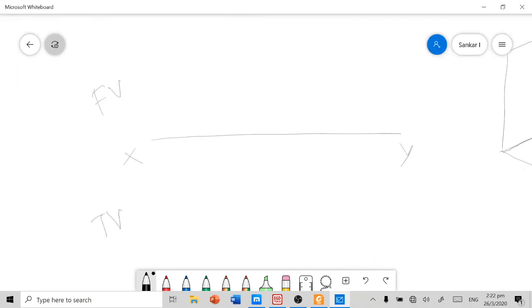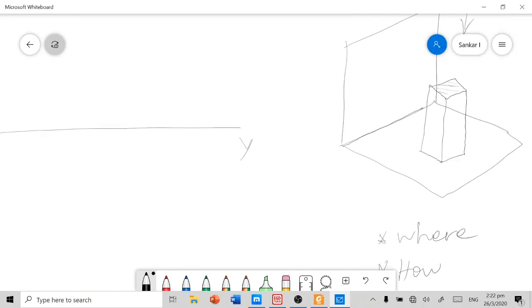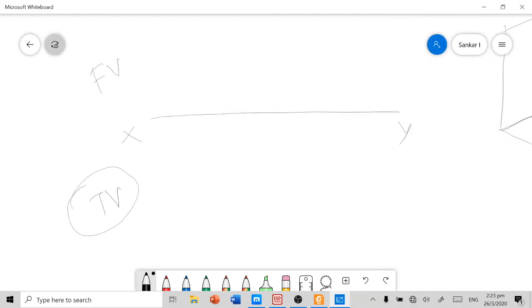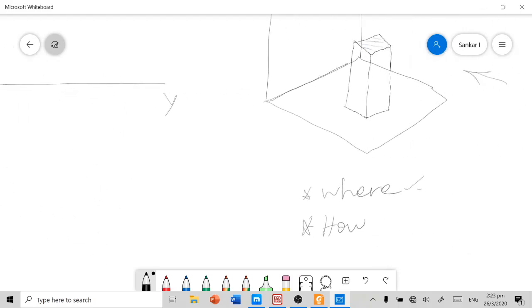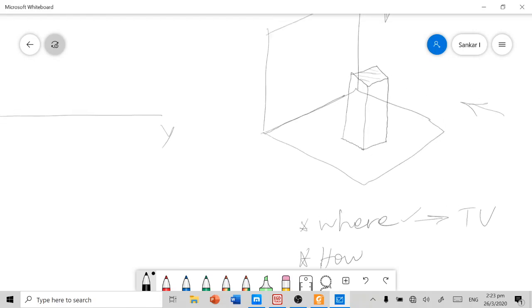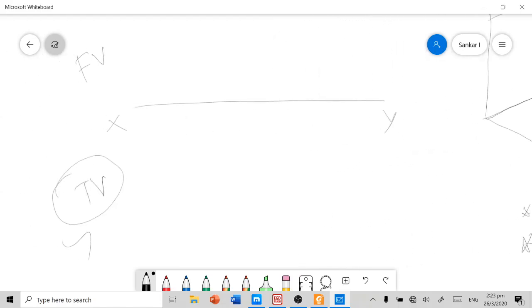When you look from the top, only then can you see its base shape as a square. So in this problem, you have to start the answer from the top view, because the base view is obtained only when you see it from the top. The first question is, where should be the base? In the top view only. And how should be the base? The base is a square, and how is it looking?